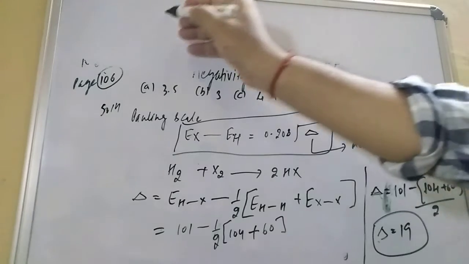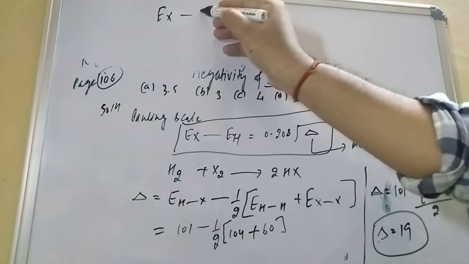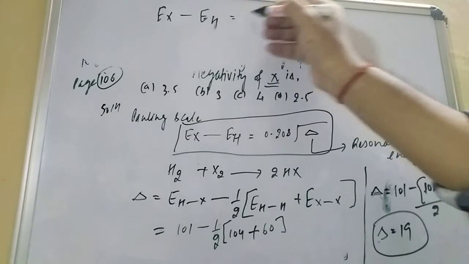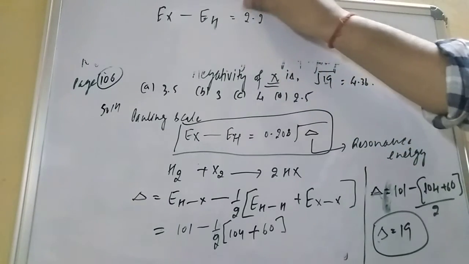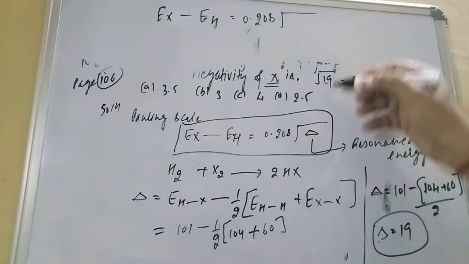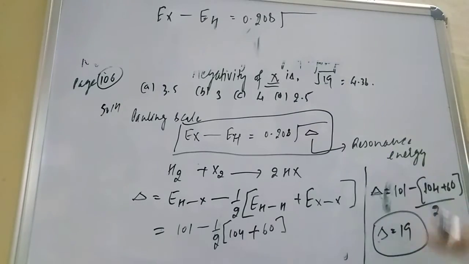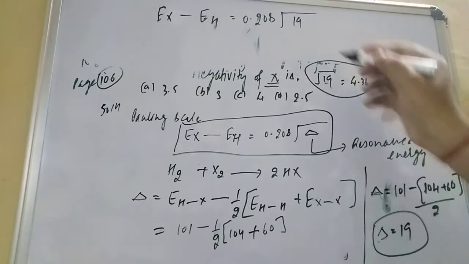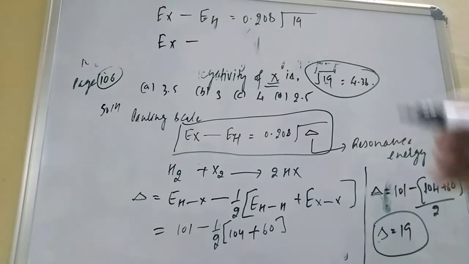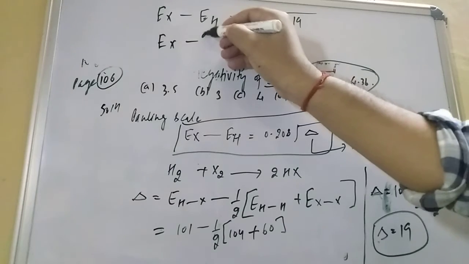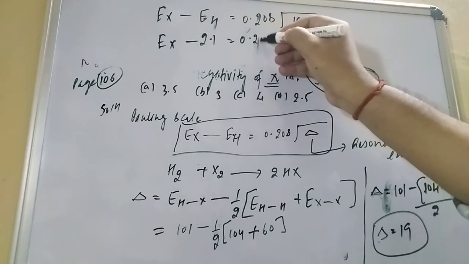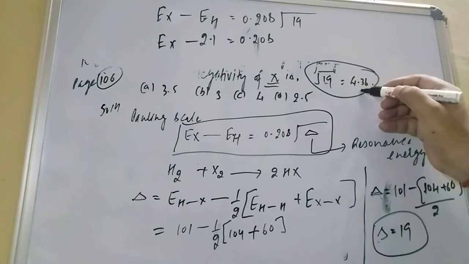Now see, student, if you are putting that, EX minus EH, this H value they have given, equal to, there is the equation is there, 0.208. Here is 0.208 in a square bracket, that is resonance energy is there. Resonance value here we got 19. How much they have given, student? EX is equal to EX minus EH. EH value how much is there in the question? They have given 2.1, electronegativity of hydrogen they have given 2.1, minus 0.208, and root 19 value in the question they have given 4.36.